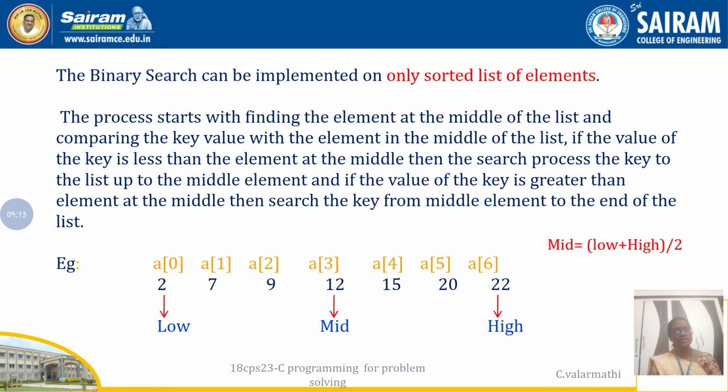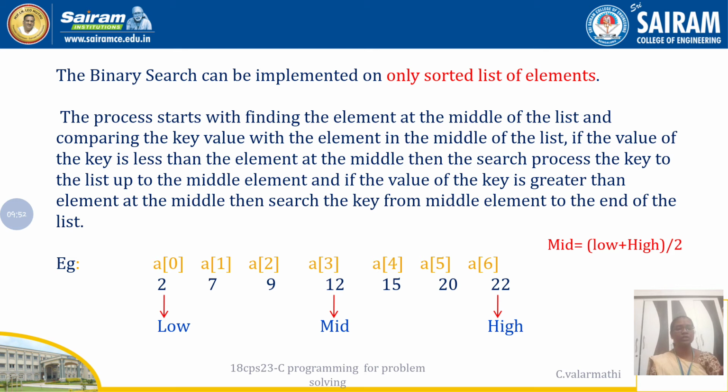If the searching element is greater than the mid, it goes and searches the right part, because this binary search is only applicable for a sorted list of elements. So if the list of elements is sorted, only then can you apply binary search. That is the biggest disadvantage of binary search. But anyhow, it is more efficient than other searching algorithms. So here, in this case, I have given sorted elements only.